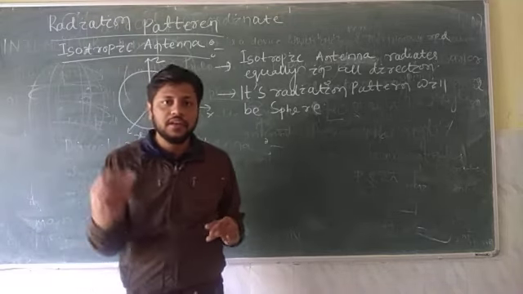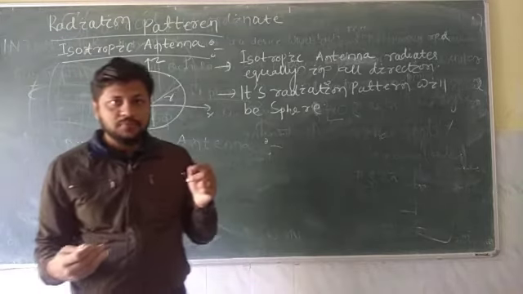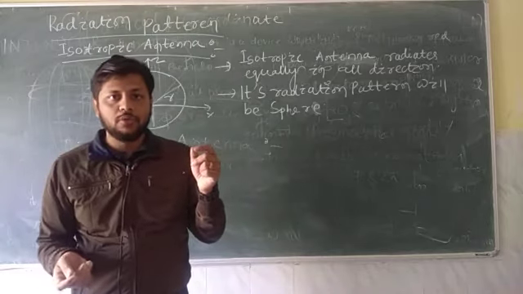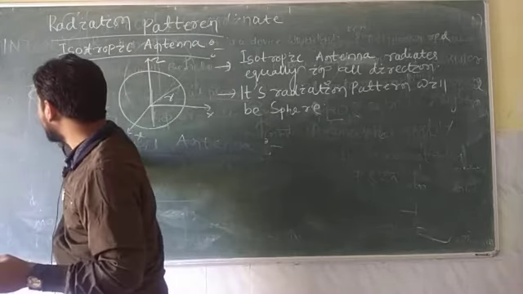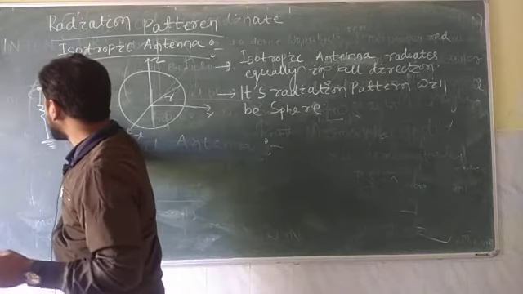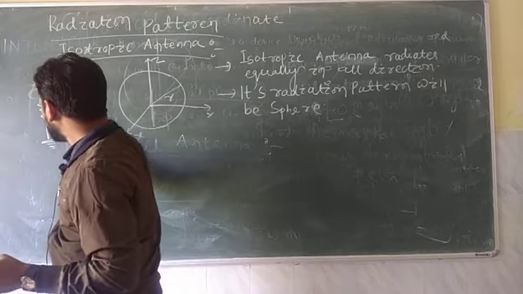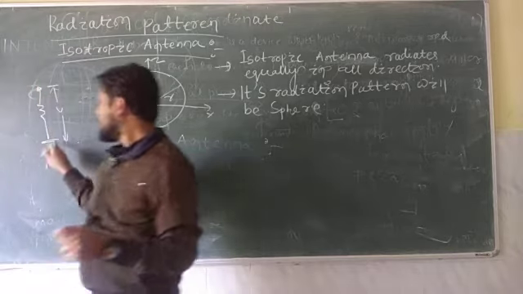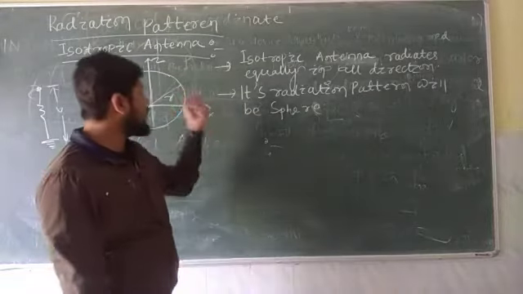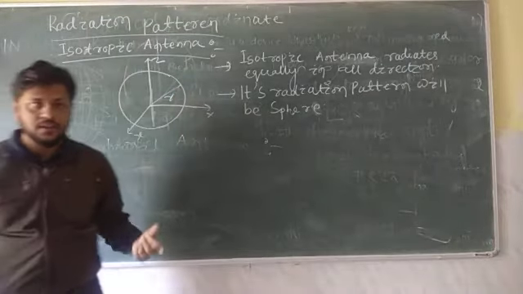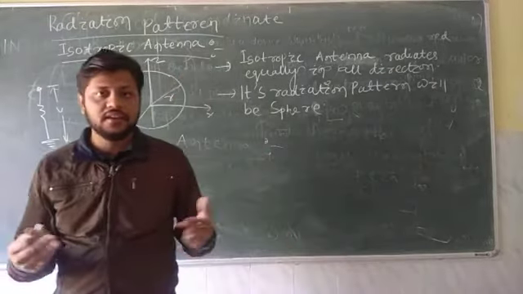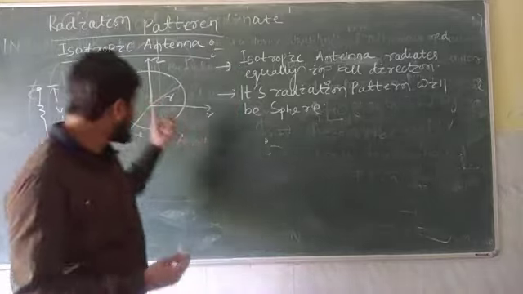For example, in an electric circuit, when you measure the potential of a point, we must measure with respect to a ground. Like this, suppose this is a resistor. Then how to measure potential? For this point, we measure potential with respect to a ground. So ground in an electric circuit is the reference. In antennas, this isotropic antenna is the reference, and for any practical antenna we are going to measure its directional capability with respect to this isotropic antenna.